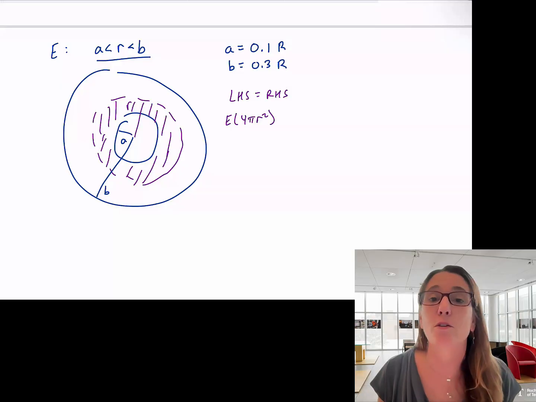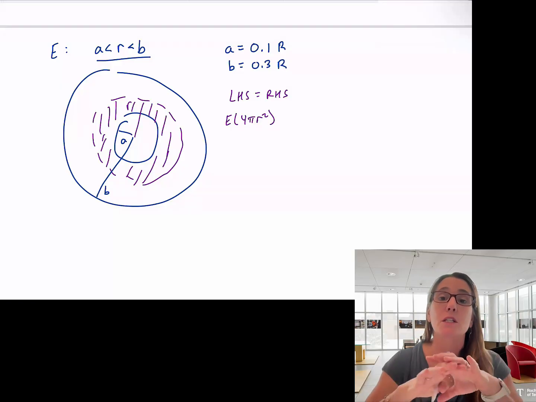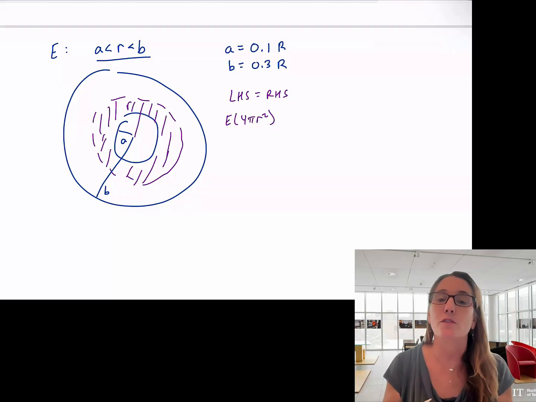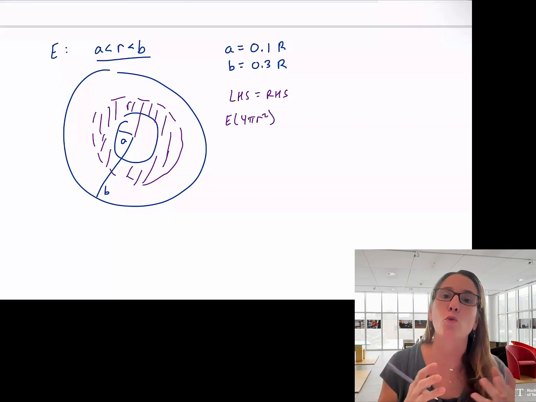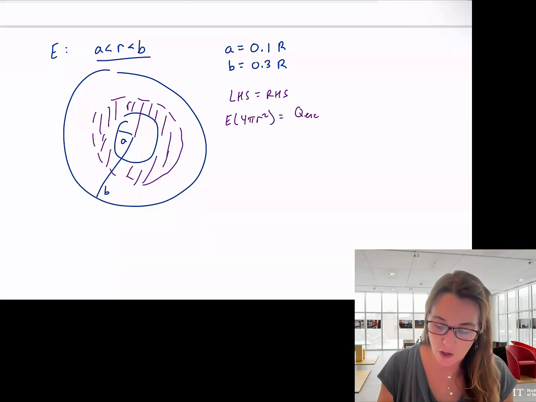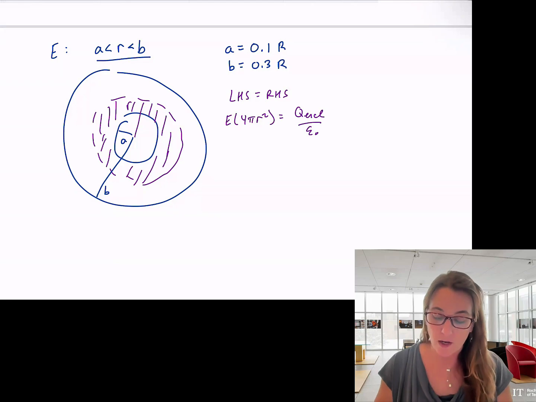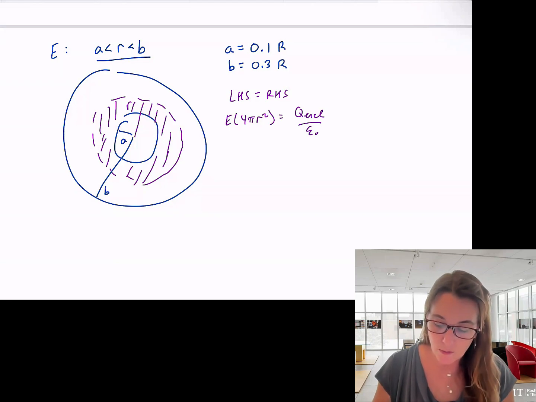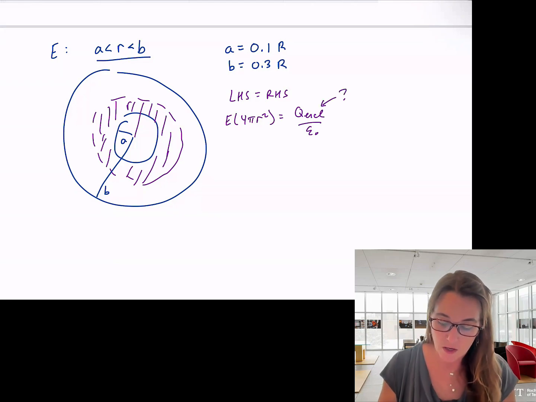All the reasons I talked about previously are still valid because it is just involving the Gaussian surface, which doesn't change no matter what it's enclosing. And then that's going to be equal to my Q enclosed over epsilon naught. And so now I have to decide what my Q enclosed is. So Q enclosed in this region